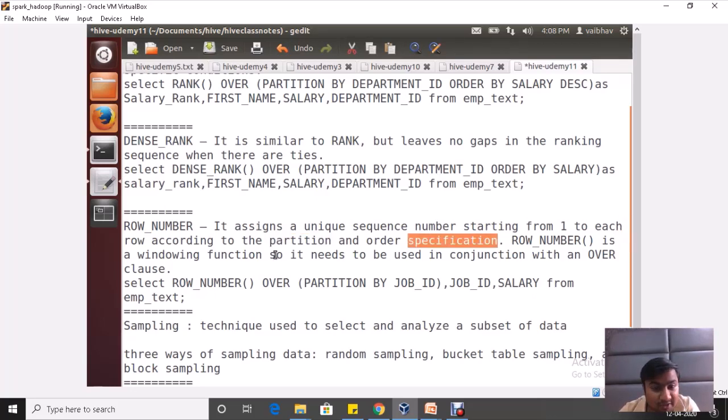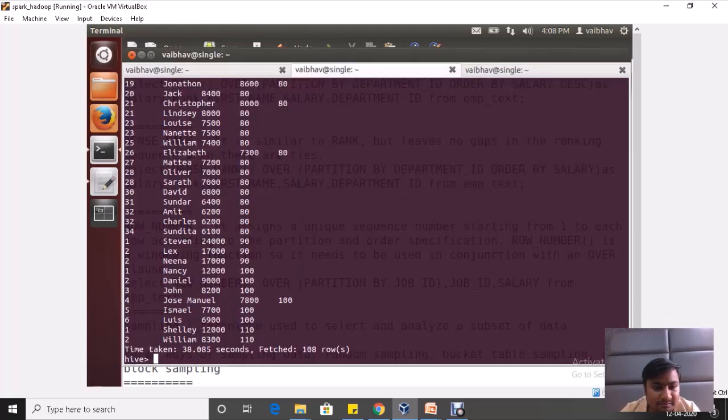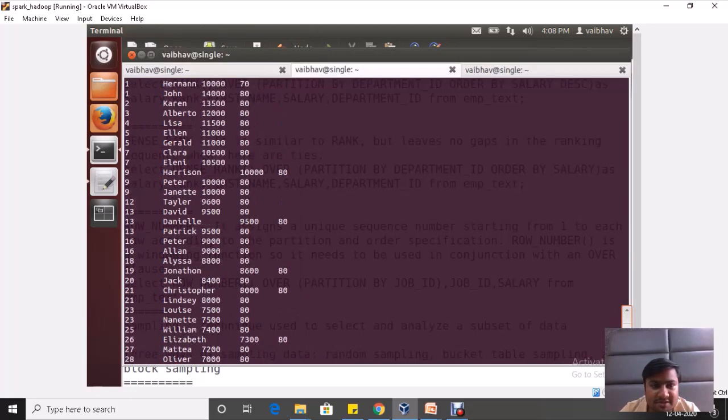Row number is a windowing function, so it needs to be used in conjunction with an over clause. This is actually true for the other two also. You need to use the over clause. Okay, here we got the result.